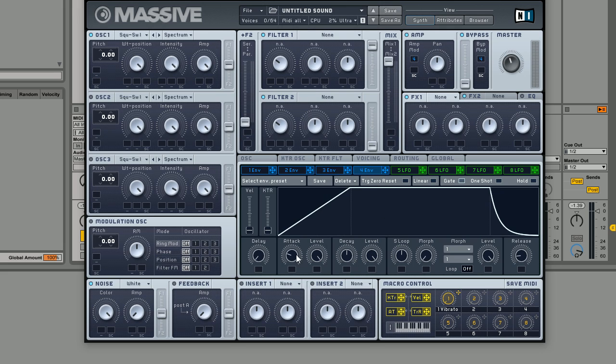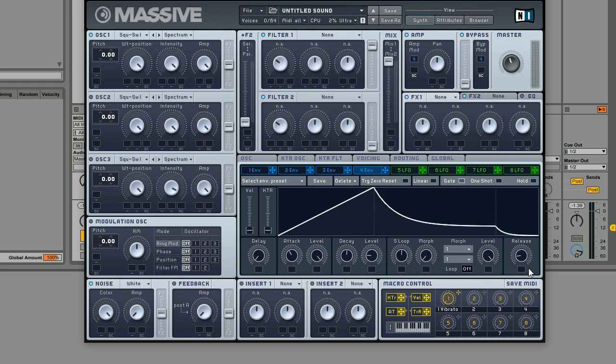Now, what I noticed about the lead in the track was that it had this slow attack on it, or slow for a lead sound, I should say, which I really liked. It wasn't this super harsh, piercing attack lead. It was just this soft sound, which I really like, and it's really suited to progressive house. And then I've just boosted the attack here on envelope 4, and then I'm going to